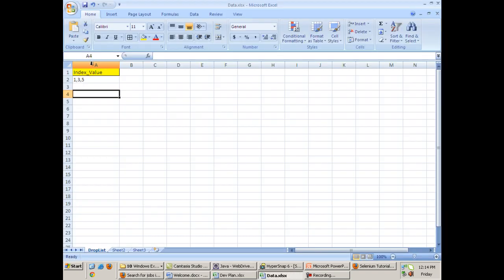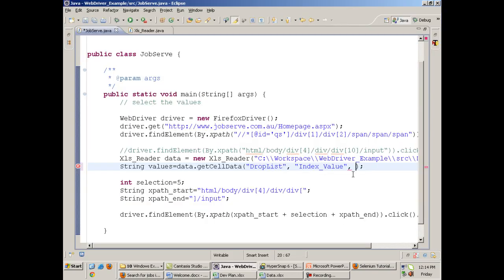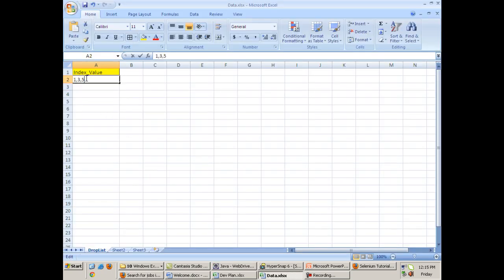And from the row number 2. Get cell data is a special function in XLS Reader which accepts sheet name, column name, and the row number from which data has to be read. So values will come. Now values will hold 1, 3, 5.